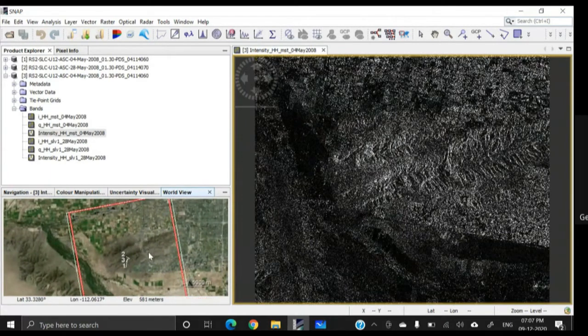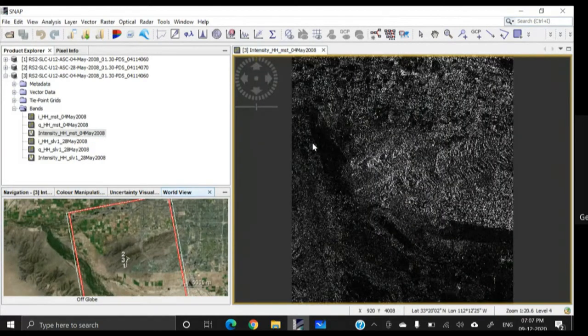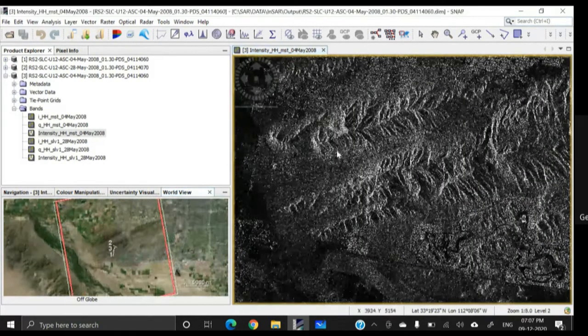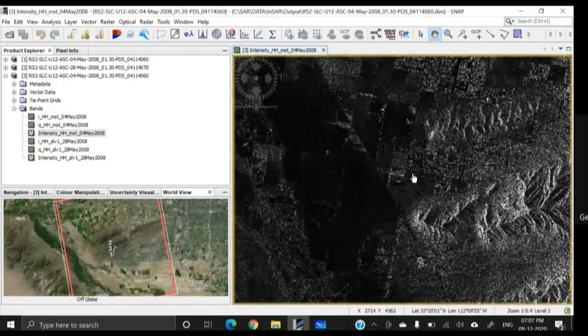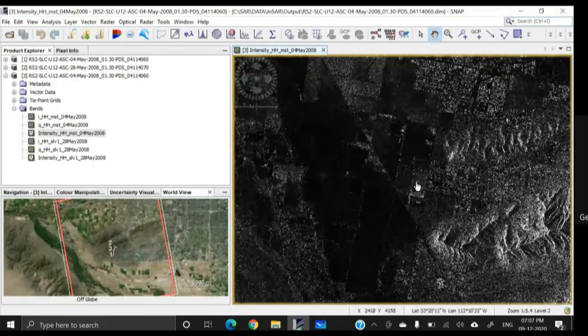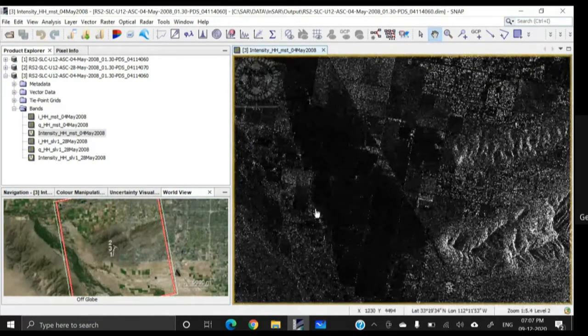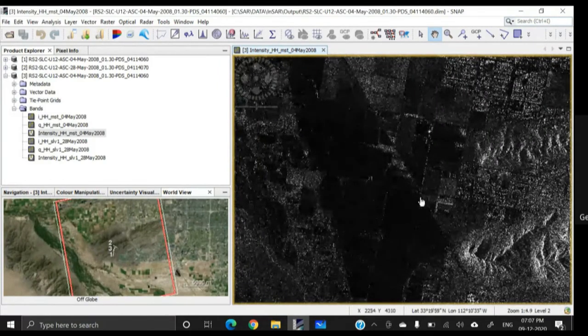However, we shall not consider the entire image because it will create problem. Rather, we shall try to select a specific portion, say for example, this portion. Okay, we shall consider some vegetated portion, some water bodies also, and also this variable terrain. Okay, so consider this portion.